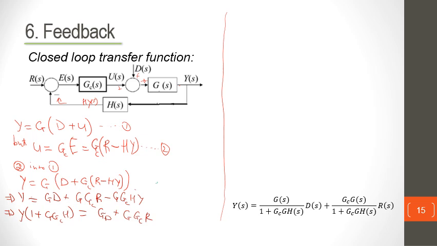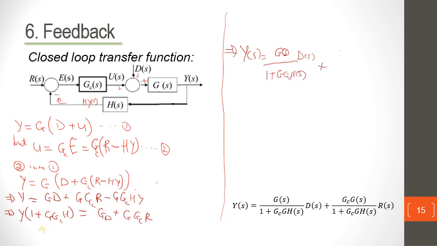If we divide by this term, you will see this implies that we have y of s being equal to g of s times d of s, all of this divided by 1 plus gch,